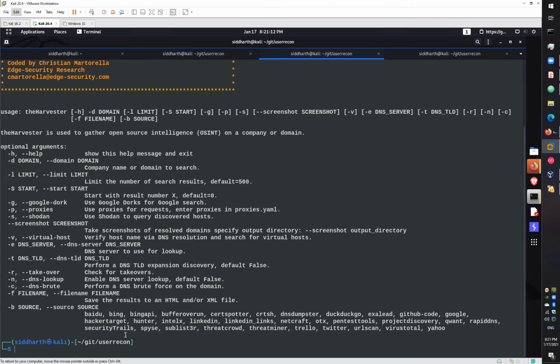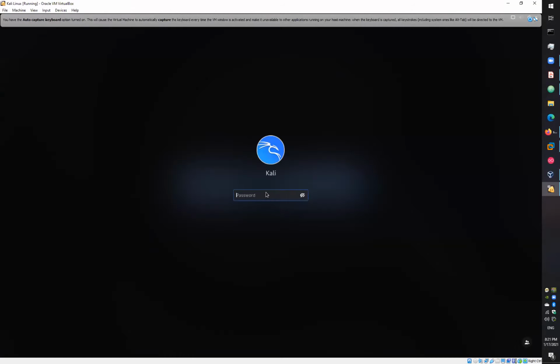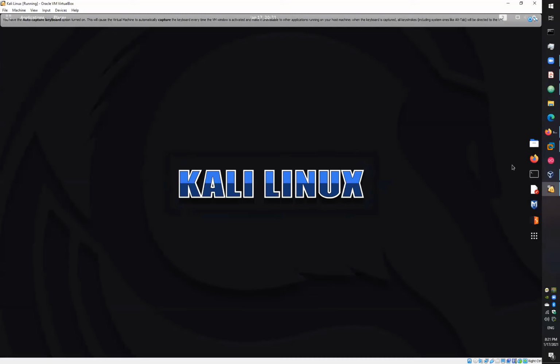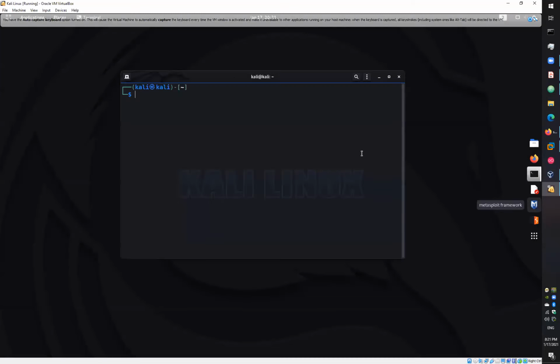So coming back to theHarvester, you can use any of these sources. If you're looking for email addresses, you want to find email addresses from the page. I have some results, because I'm not sure when theHarvester will work or when it will not work. I have some results, and I don't have these results right now.